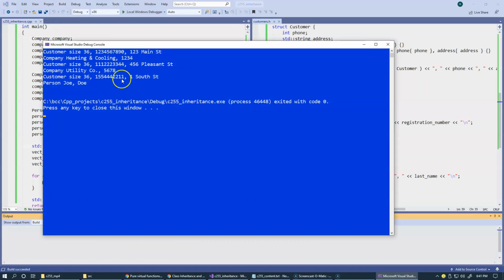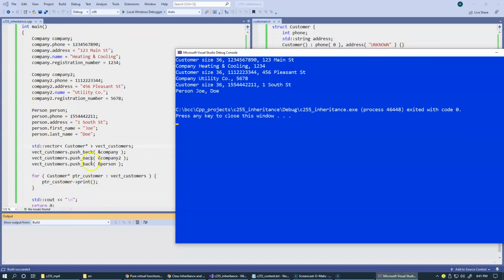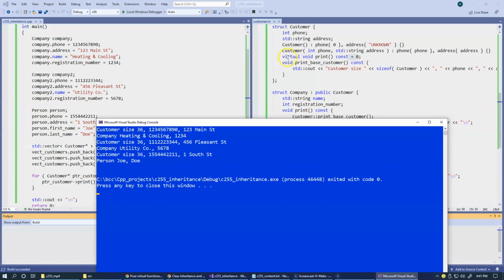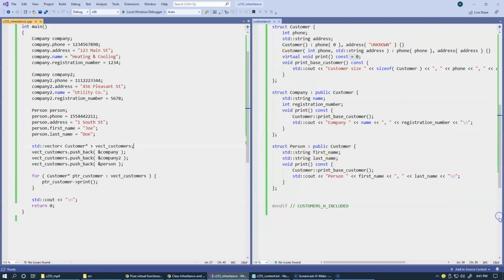I run it, it works exactly the same way. If you compare it with the previous version, all individual classes get printed appropriately. The virtual function works as expected. Everything is working. Okay, except that by design, we could decide that at the base level, we may want to prevent any definition